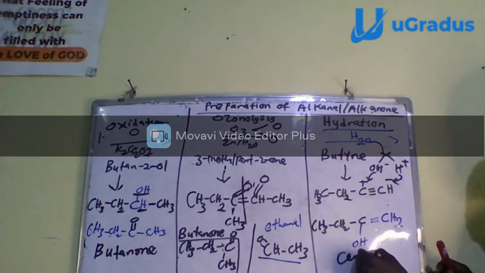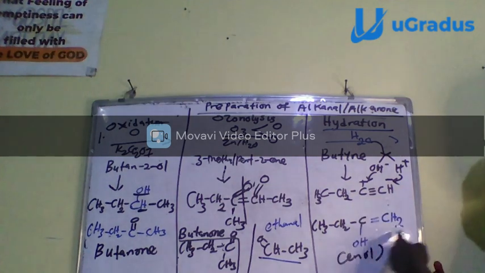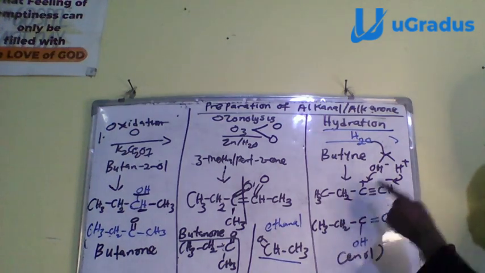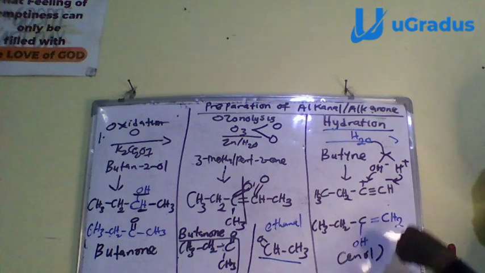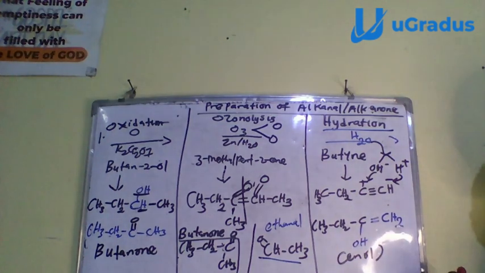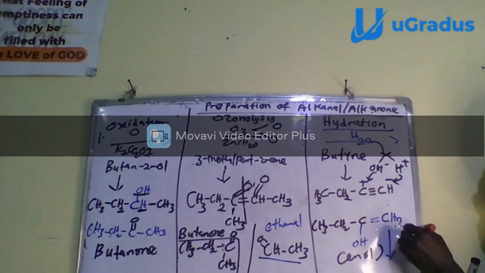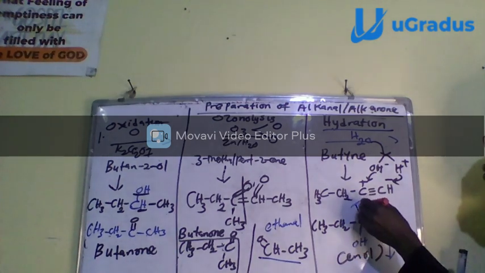This thing that we get is known as enol. An enol group is a group that contains OH and a double bond together. If you want to name this type of enol, you name it as butane-1-enol. But this is an intermediate species. An intermediate species is always short-lived. They don't usually stay long. So what will happen here is what we call tautomerism